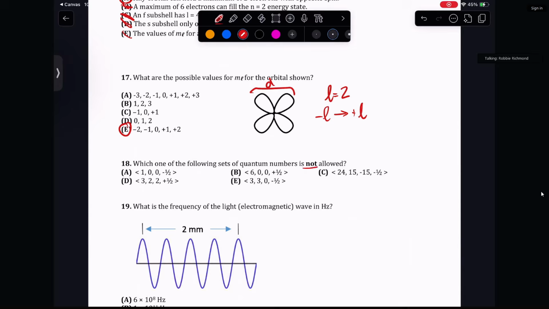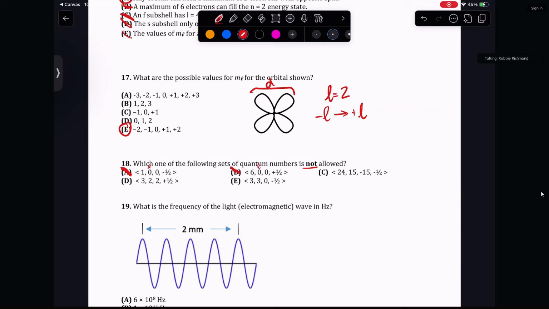So let's just go answer choice by answer choice. Answer choice A, we have a principal quantum number of 1, and L that is 2. That fulfills that n-1 rule, so that's cool. ML is also 0, so that follows the rule for determining ML, and it has a 1/2 or negative 1/2, so this is allowed. And then same reason for B,